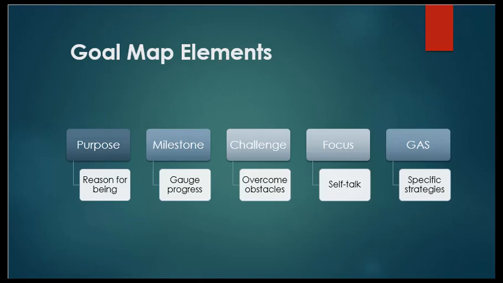And the last part of our goal map elements is our goal achievement strategy. Now, these are specific strategies that will be incorporated in an effort to achieve our outcome and purpose. A few other keys to the goal achievement strategy is that they need to be both physical strategies and mental strategies. Also, there is a specific goal that you need to define, but you also need to make sure that it has frequency and duration, as well as a timed element, meaning that there's a time frame in which you